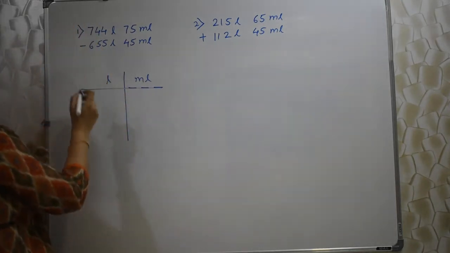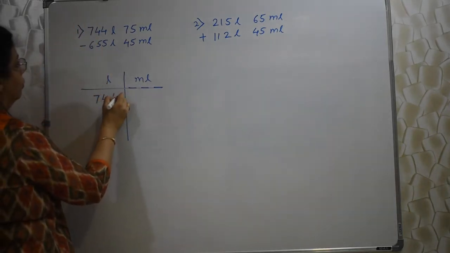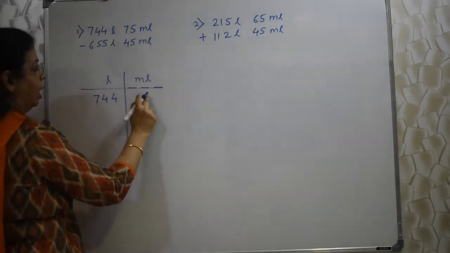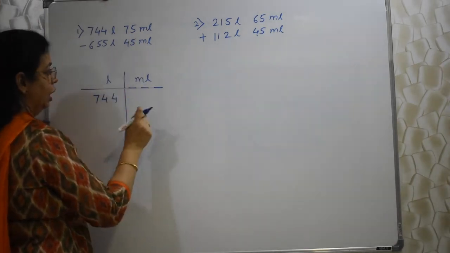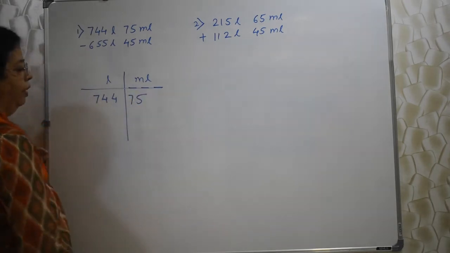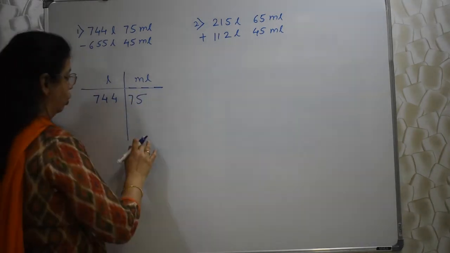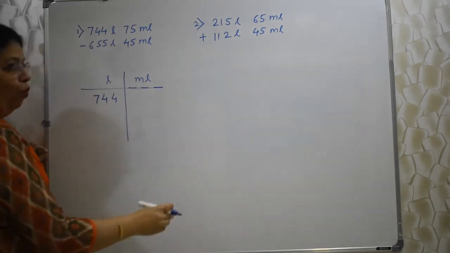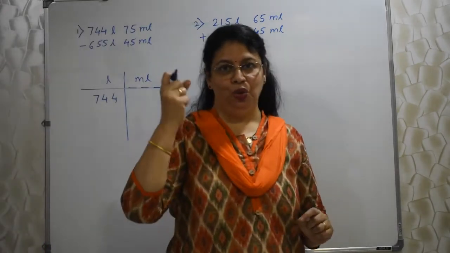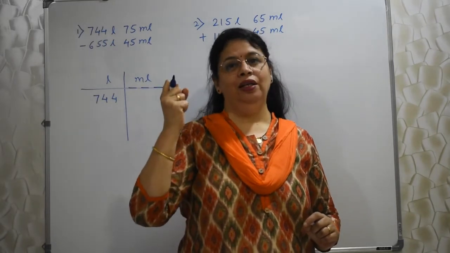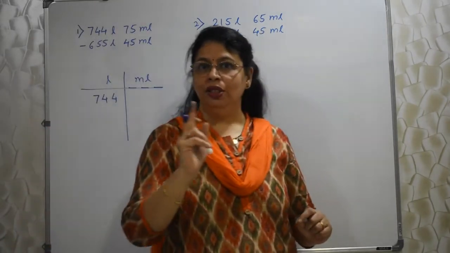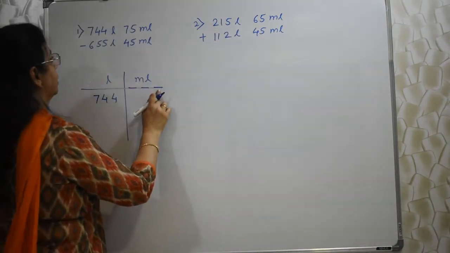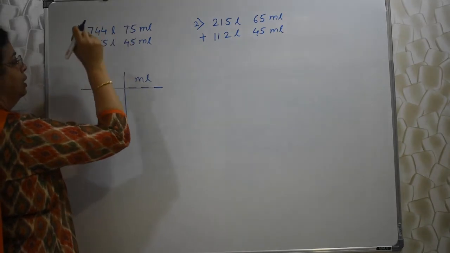Not 2, not 4. 3 means 3. And what have they given? 744 and just 75. They are 2 digits. But here I have to fill 3 places. If I just write 75 here, my answer is going to be wrong. And one of the options will be given like that, because we want to catch students. That is our favorite job. Okay. But my students will not make mistakes. So here 3 places, I have to fit in this 75.